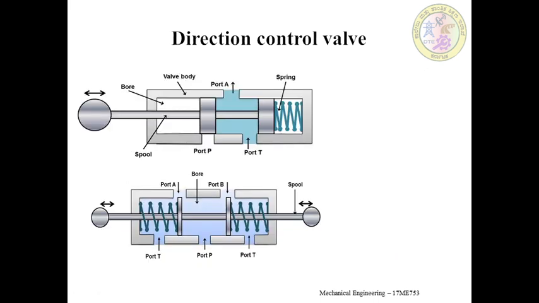And this is the three-way valve. When a valve has one pressure port, one tank port, and one actuating port, it is generally known as a three-way valve. In this valve, the pressure port is pressurized, one port is exhaust, and another one is for the actuator as shown in the figure. In some cases a neutral position will also be available. Both ports are blocked. Generally this valve is used to operate single acting cylinders.